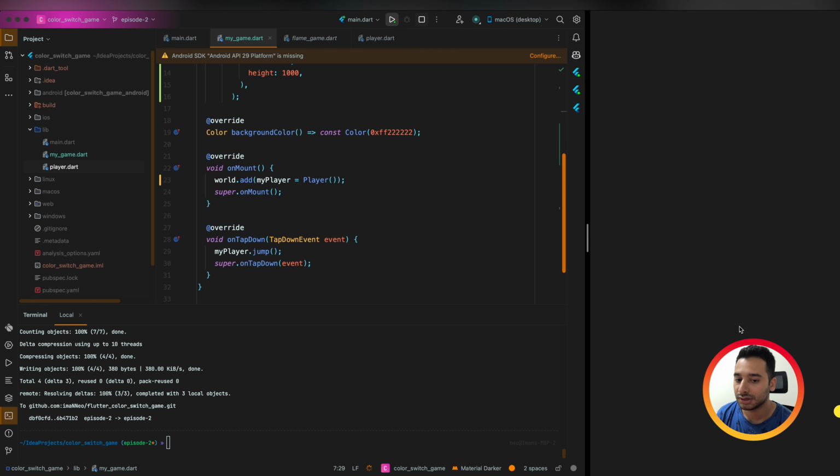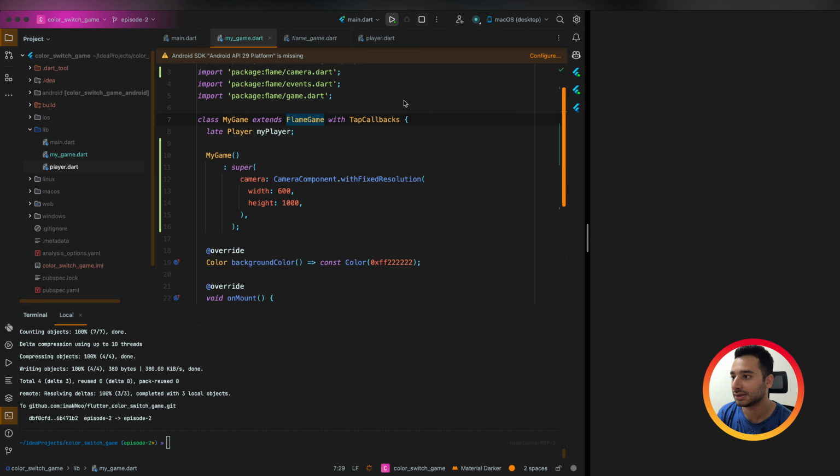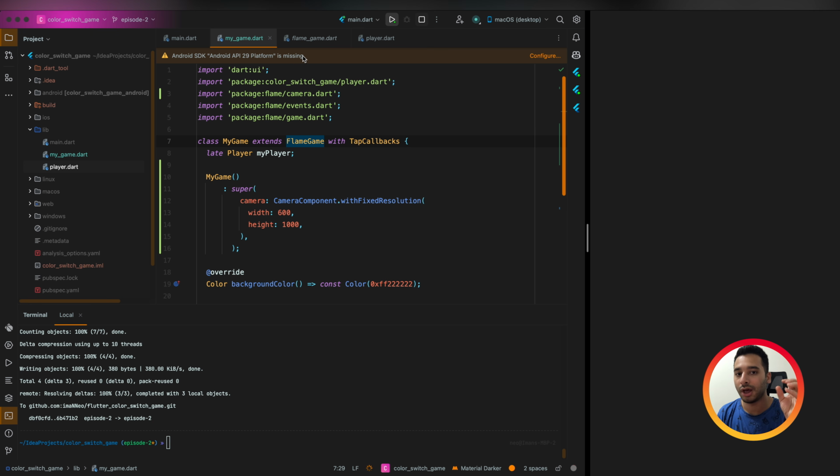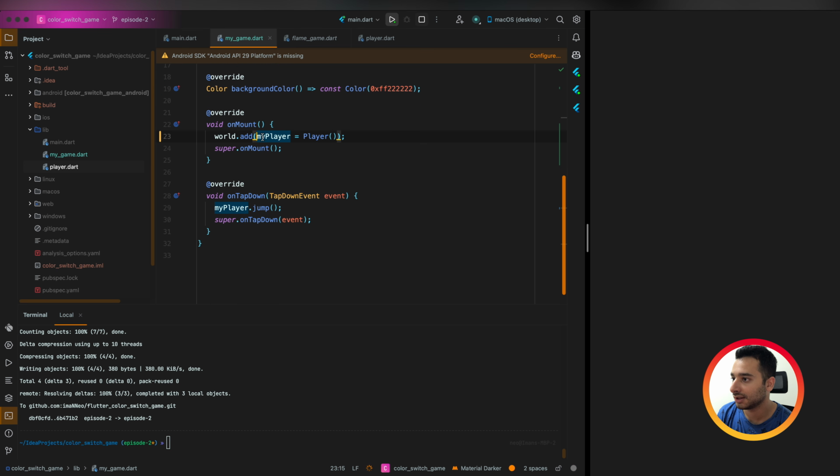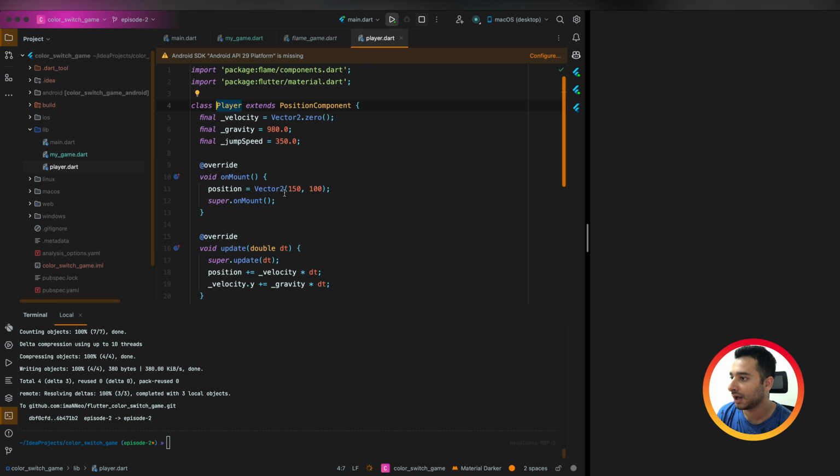Okay, as you see, the player is on the right side of the screen. So let's see what we can do to put it in the middle of the screen. Let's see what happened. Okay, we are adding the player to the world, and the player has a position like this.